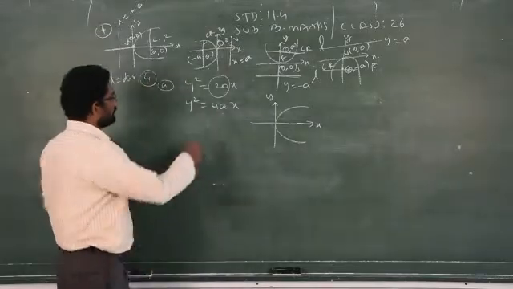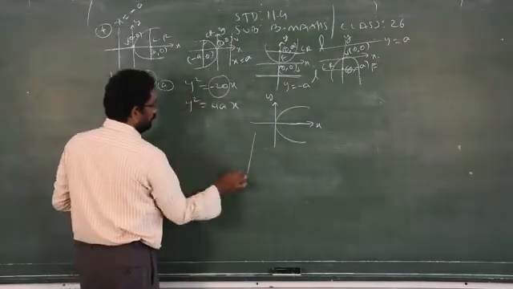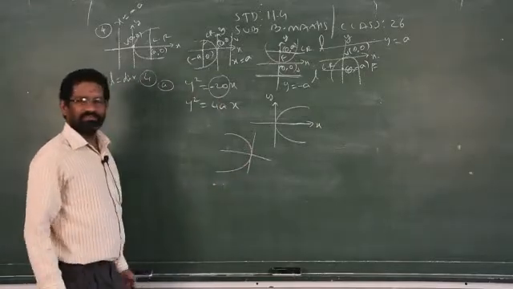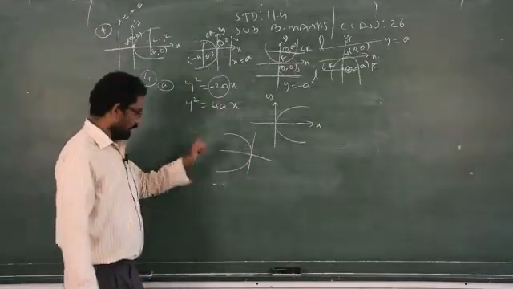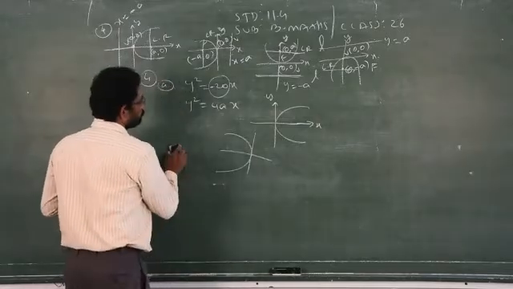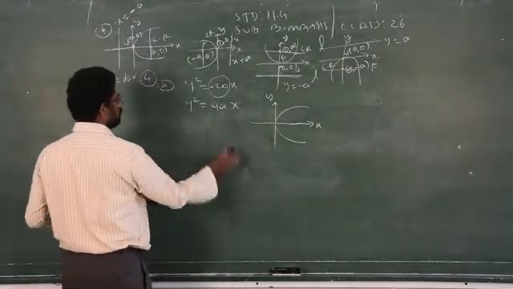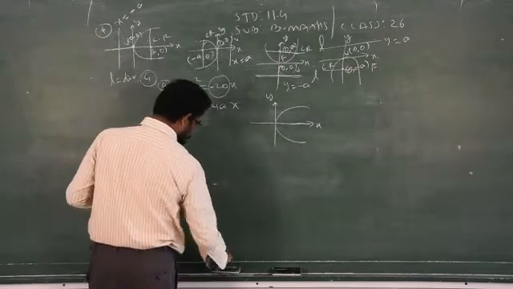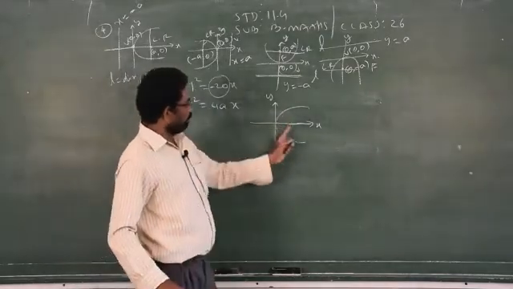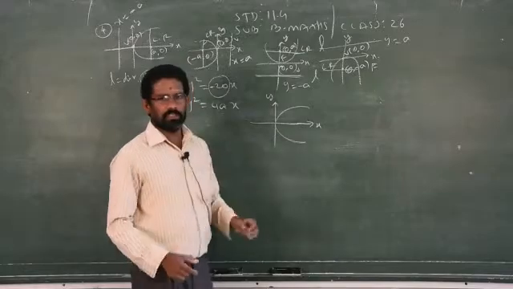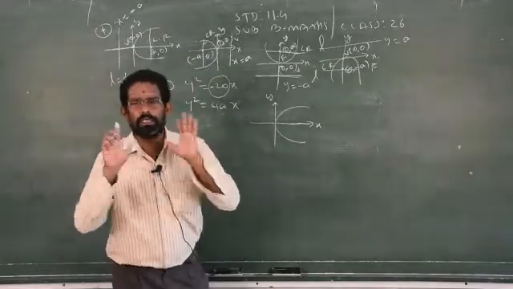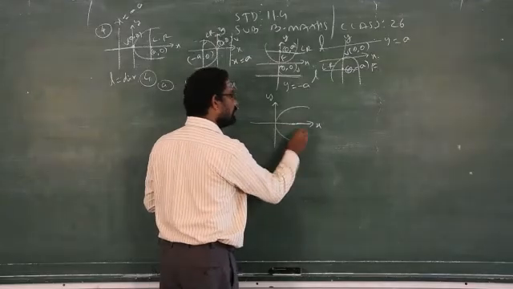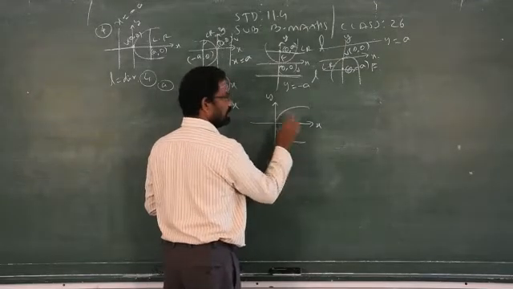If there is a minus sign, suppose minus 20, then your diagram should be on the left side, because the minus sign indicates the negative side. Are you clear now? So based on this sign, you have to go for right side open or left side open. Once I know the diagram, the parabola contains the x-axis, now I have to take the focus. Focus on which axis? X-axis, because this curve contains the x-axis.